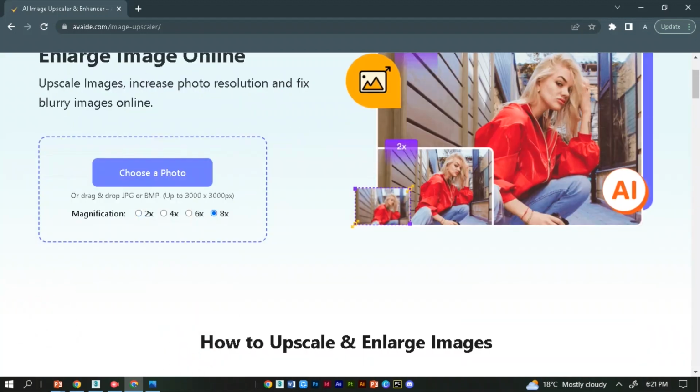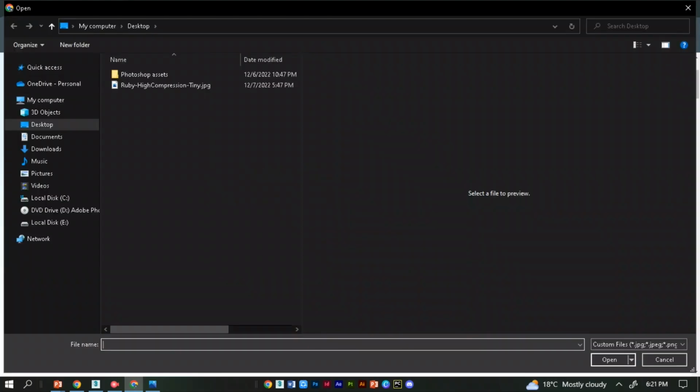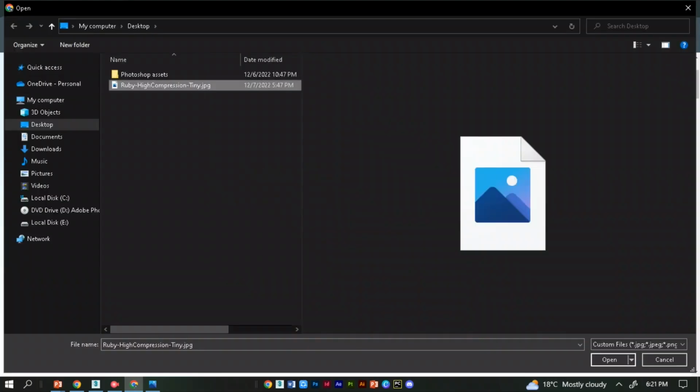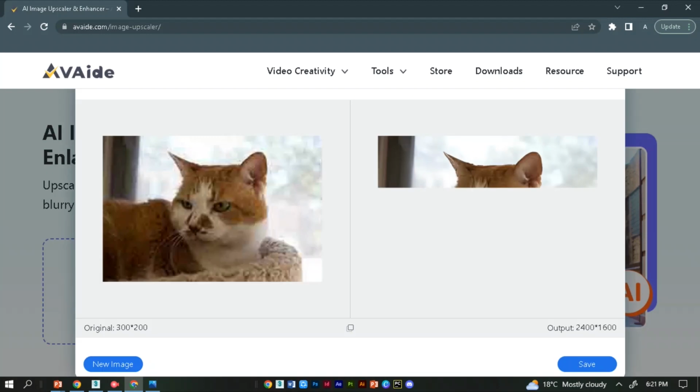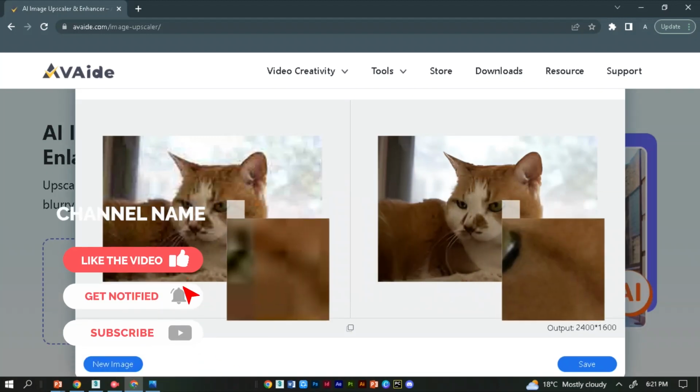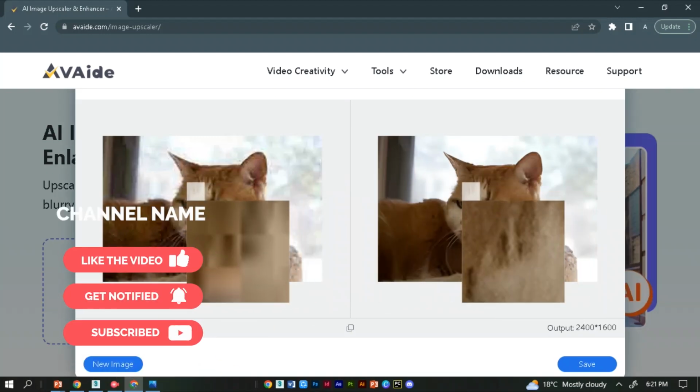For that, what you need to do is basically here you can see that it says choose a photo. Click on that and select a photo from your computer and just simply go and open it. It's gonna take some time to upload it depending on the size of the photo and your internet connection. Once the loading is done, it's then gonna process it and bam, there you got the quality of your